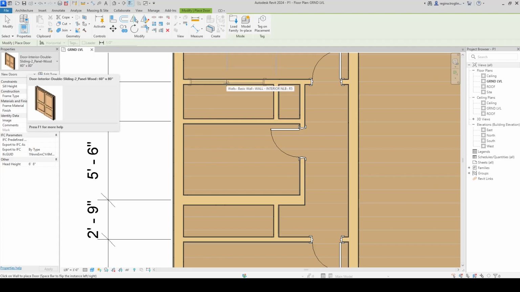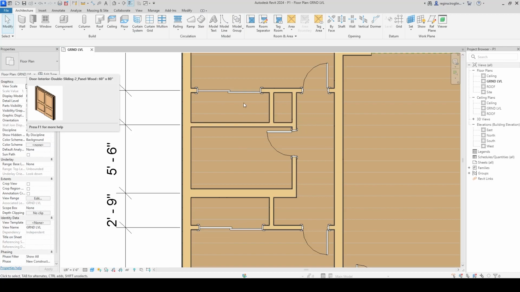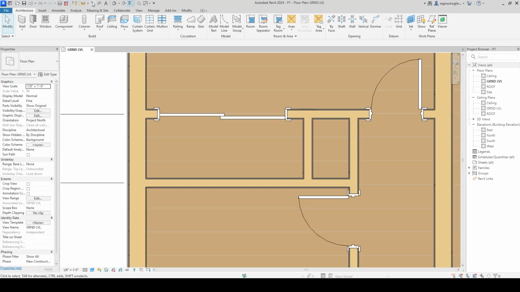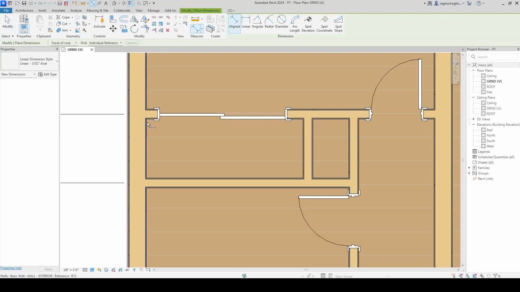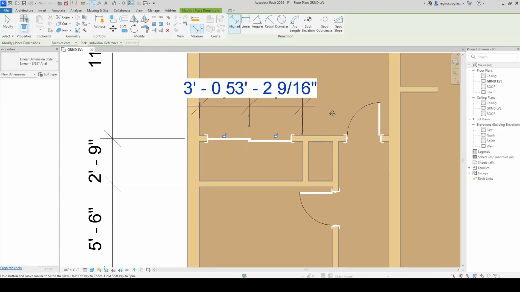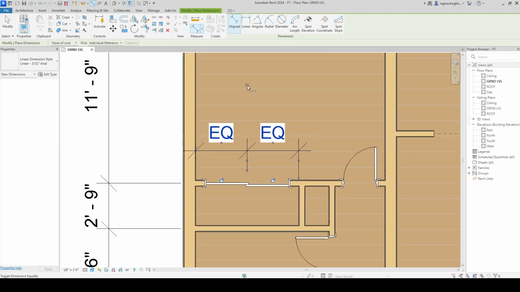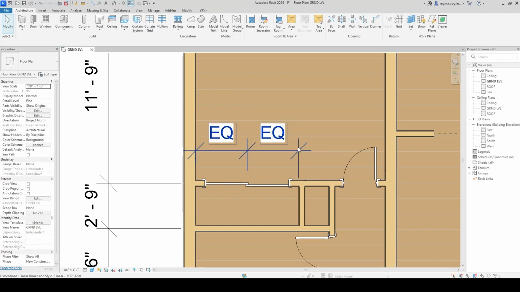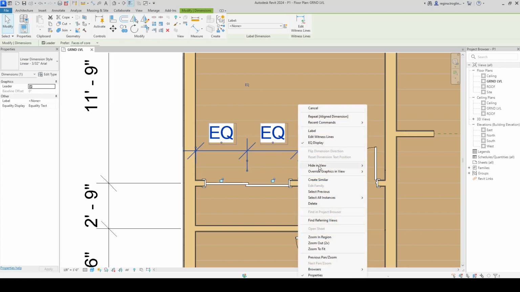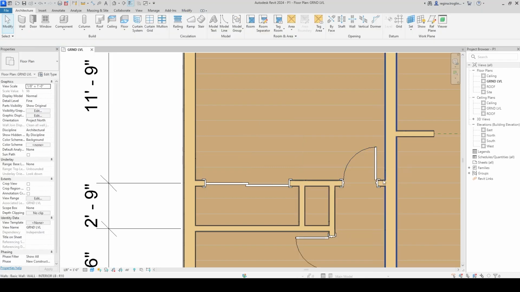I'm going to attempt to center it. Okay. Those look pretty centered, but let's do the same thing. So we're going to do an aligned dimension, interior of the drywall, center of the door, interior of the drywall, bringing the dimension up, selecting the EQ symbol, escape on the keyboard, select the dimensions, hide in view, elements,